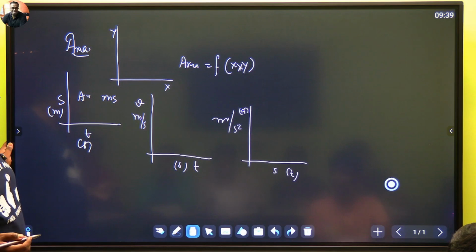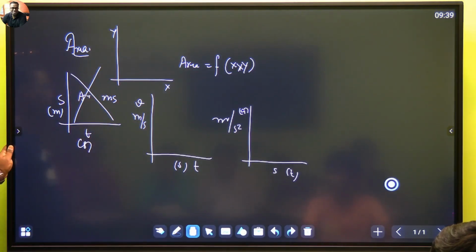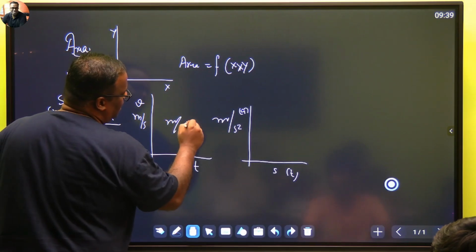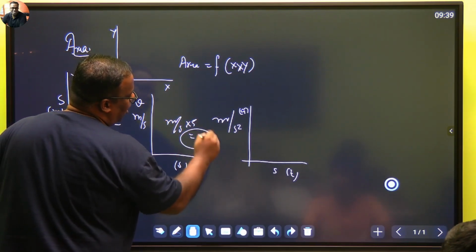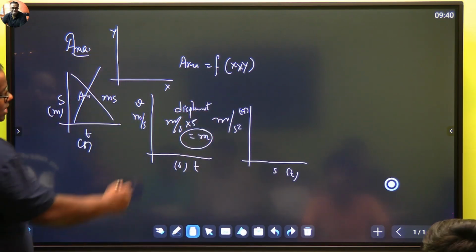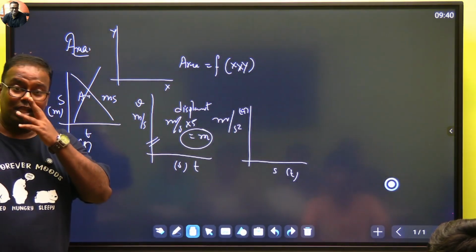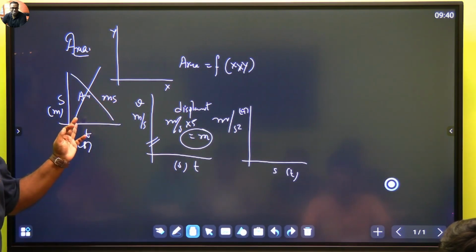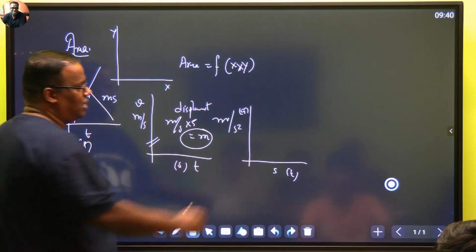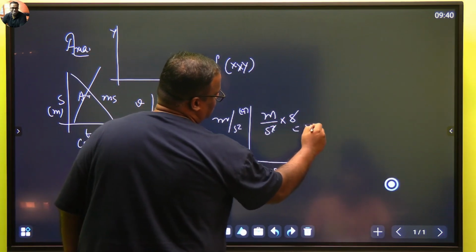Have you heard any quantity in physics in meter second? So the ST graph area does not give us any information. Look at this: meter per second into second becomes meter. Wow, this tells us displacement. That's why I said this graph is most common. Why? This graph's slope will also give you data, and area will also give you data. This one's slope will give data, area will not. This one's slope does not give data, but area will. Look at its area: meter per second square into second, second, which means this is giving you velocity.